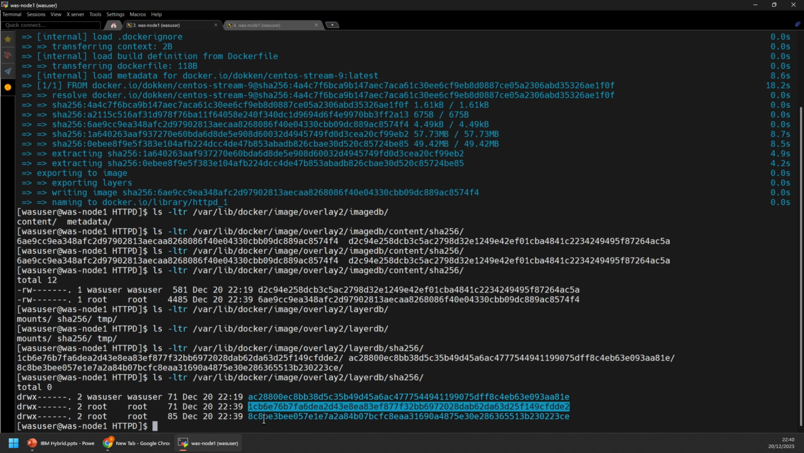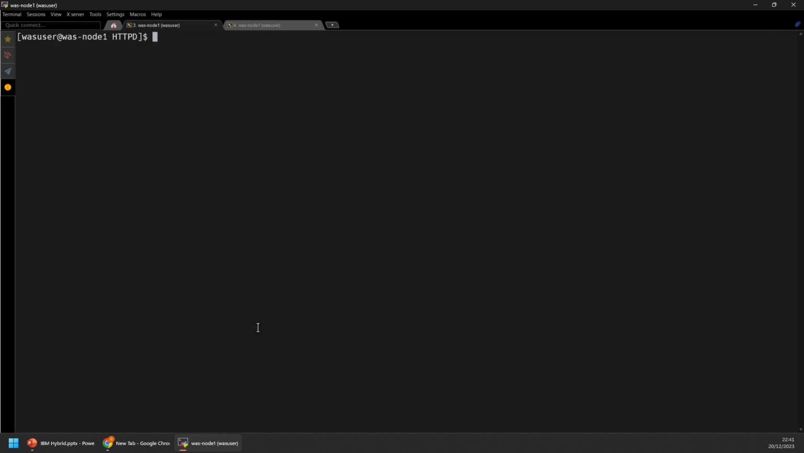So this is what happens, and each layer will refer to each other. So this layer will refer to this one because they are all related and linked between each other. So now that you understood where the layers and images are kept, the next item is, when we check the Docker images,